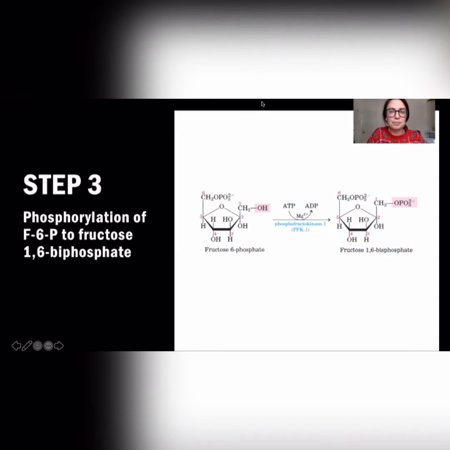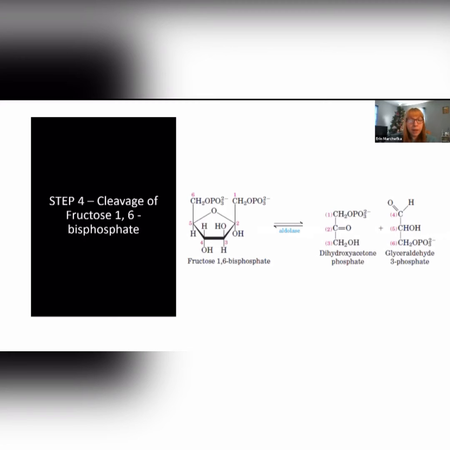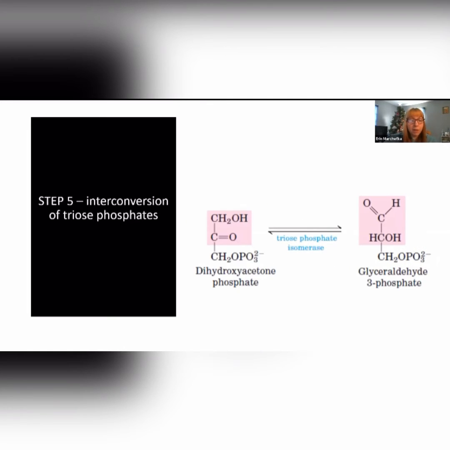The next step of glycolysis uses an aldolase enzyme to split the 6-carbon fructose 1,6-bisphosphate into 2 trioses, dihydroxyacetone phosphate and glyceraldehyde 3-phosphate. Step 5 is the interconversion of these trioses. Glyceraldehyde 3-phosphate is the molecule that continues through the glycolytic pathway. The interconversion happens to maintain equilibrium between the 2 molecules. As glyceraldehyde 3-phosphate is depleted, the enzyme works to help this flow and create more glyceraldehyde 3-phosphate from the dihydroxyacetone